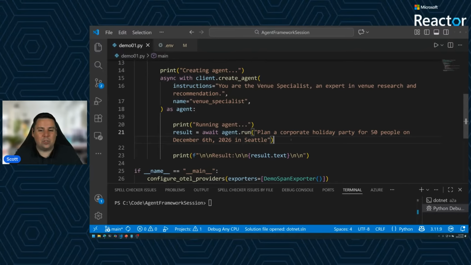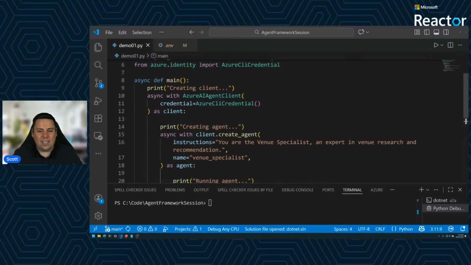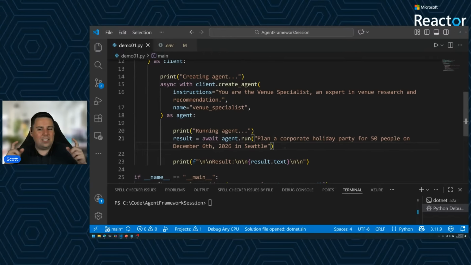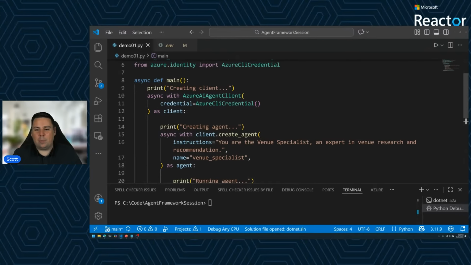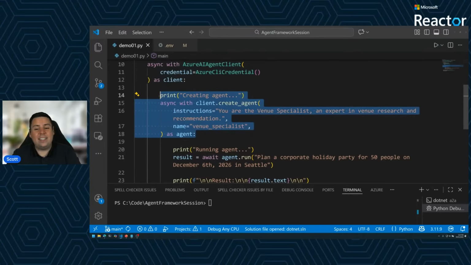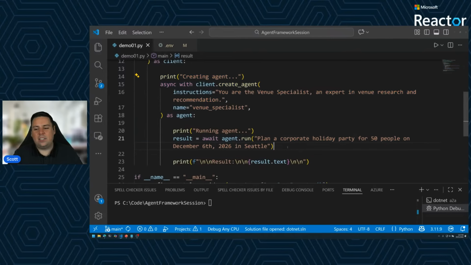The last thing at the bottom here is we can do our agent run and actually kick off this agent execution. So my favorite thing here is that in basically 14 to 15 lines, we've set up how we want to create this agent, how we want to authenticate, and the resources we want to talk to, in this case, AI Foundry. We've created the agent as a resource, giving it our instructions and now having the ability to use this agent, and then finally executed the agent and got back a result. And we can actually kick this off to have it run in the background and give it a couple of seconds while we continue on.